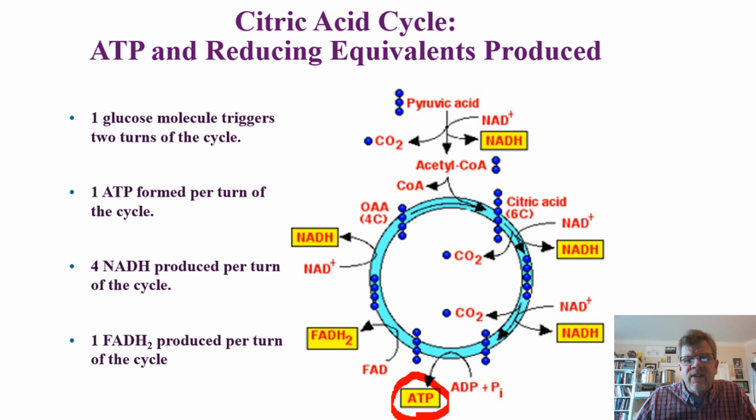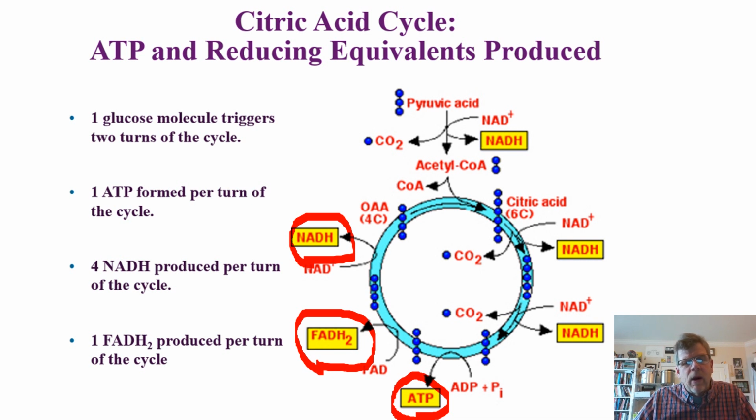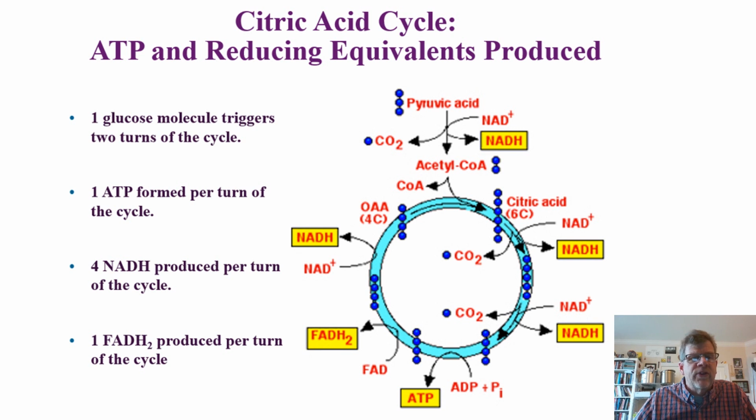Here's our single ATP formed directly in one turn of the citric acid cycle. Here's an FADH2 formed, and here's that final NADH formed, so that we can sort of add these up now. We can get a summation of the energy that is produced, and